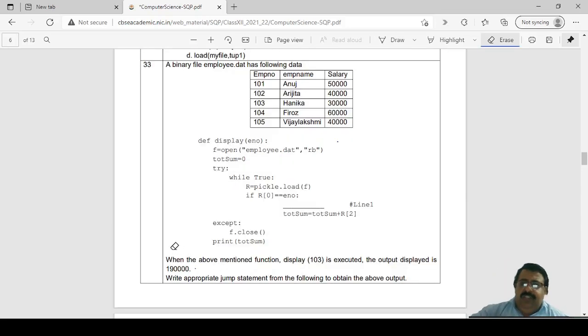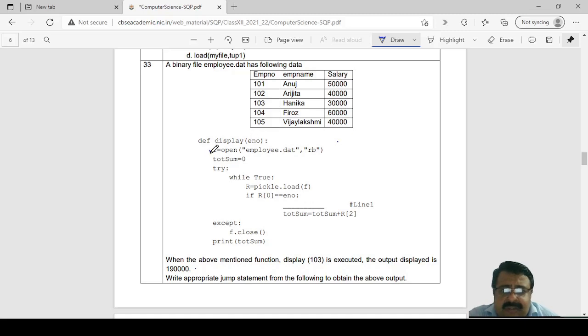Let us see question number 33 now. A binary file employee.dat has the following data. Then the function is given with a blank statement. And it is said when the above mentioned function display is executed, the output displayed is this. Now, we shall analyze this code and then find out what is going on here.